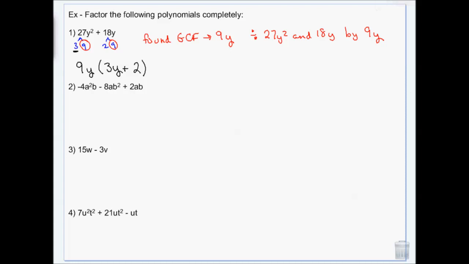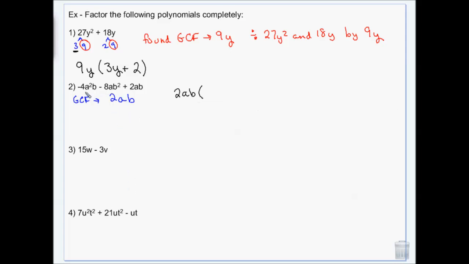What is the GCF between 2, 8, and 4? 2, right? 2, 8, and 4 will all divide by 2. I have 2 A's, 1A, 1A, so I can only bring out 1A. 1B, 2 B's, 1B, so I can only bring out 1B. So that's going to be my